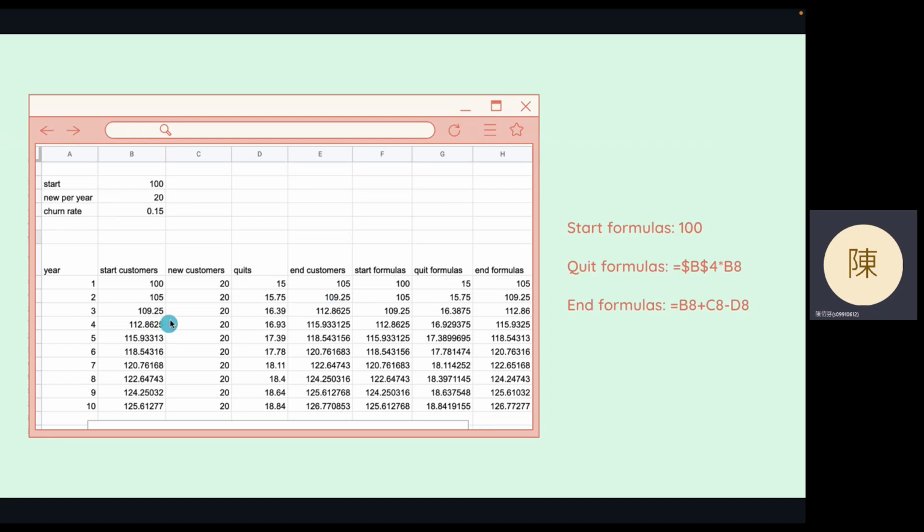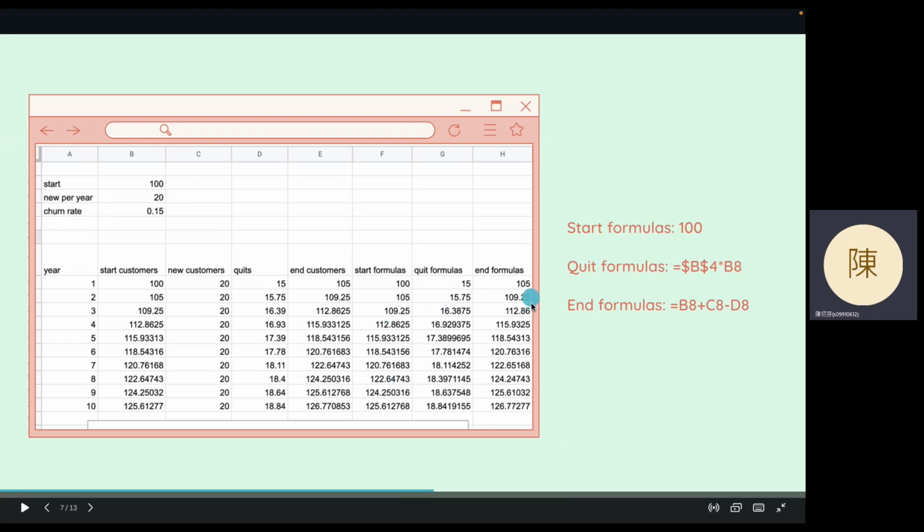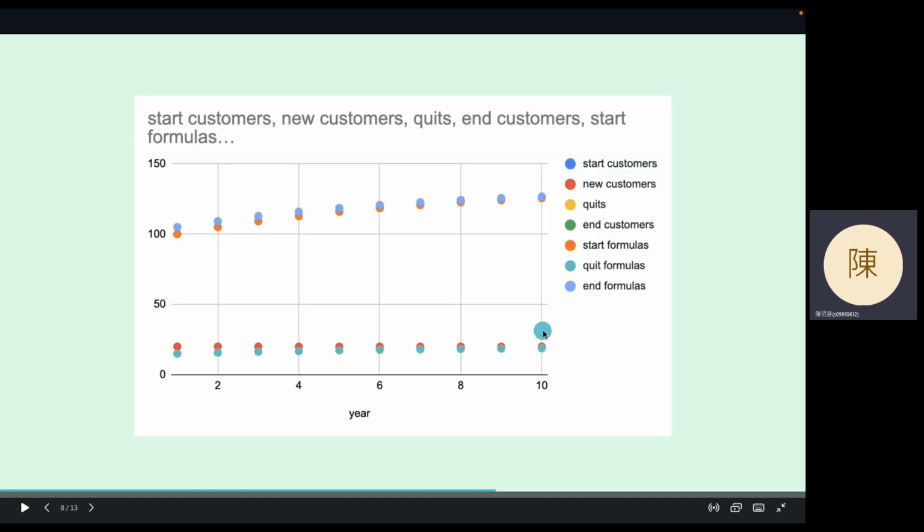And the second year, we use the same formula, start with the start formula. We enter equal F8, and the quit formula is equals $C$4 multiply C9, and the end formula it is equal C9 plus D9 minus D5. From the year 3 to 10, we use the same formula to plug in the numbers,